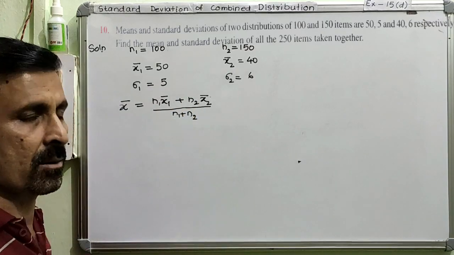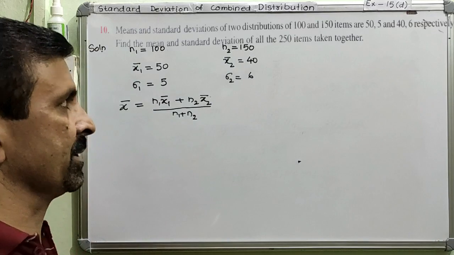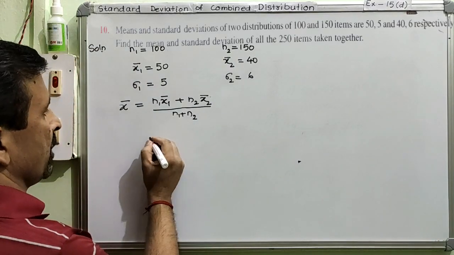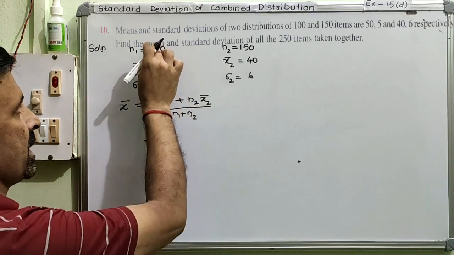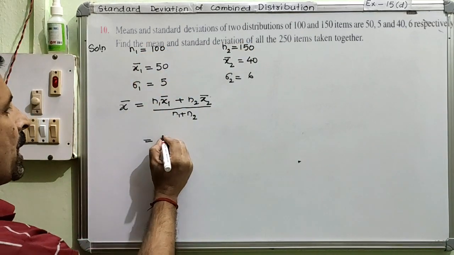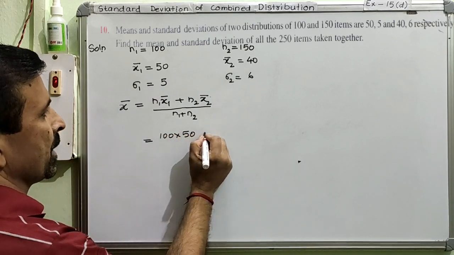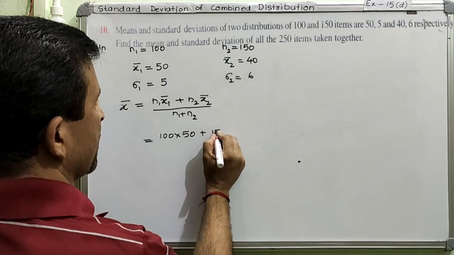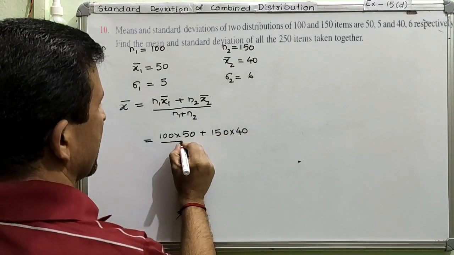So first of all, we are calculating the combined mean. We have already seen it in the previous exercise, in the previous video. All the information for this formula is given directly here, so the first two rows will give you the answer. So 100 into 50 plus 150 into 40